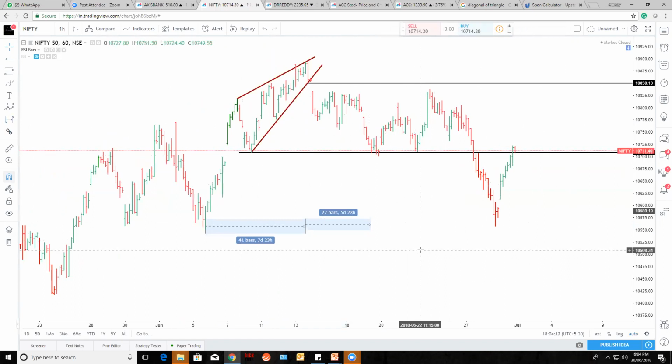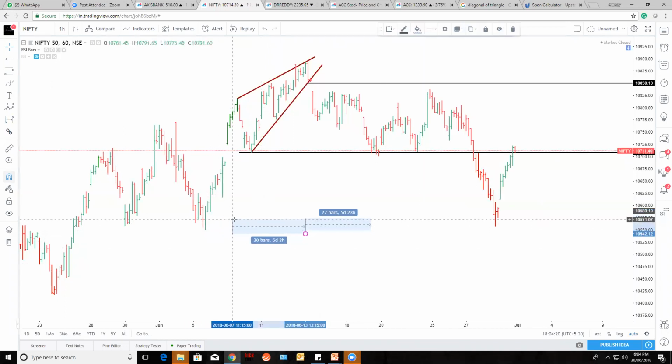This day, count the bars. In total it took 41 bars if you are counting from here. Or if you're counting only this high, from here, it's 32 bars. It came in 27 bars. If you're counting from here also, it is 41 bars, and not more than that. And you no need to wait very long in this ending diagonal. So 41 bars it took from this up to this up, to cover at least half. Our first target was reached in 27 bars, and that is in 5 days.